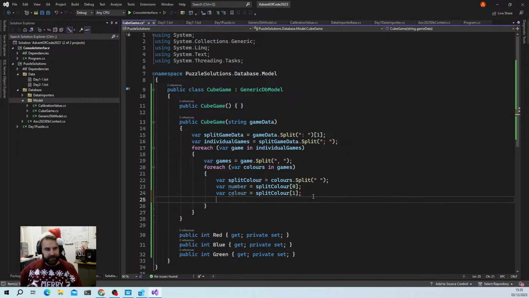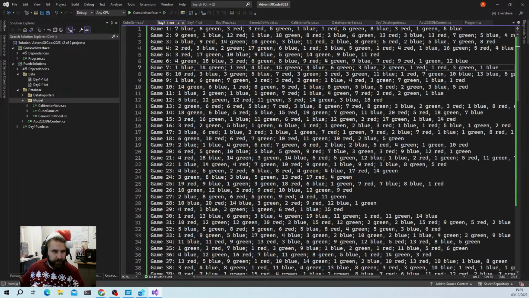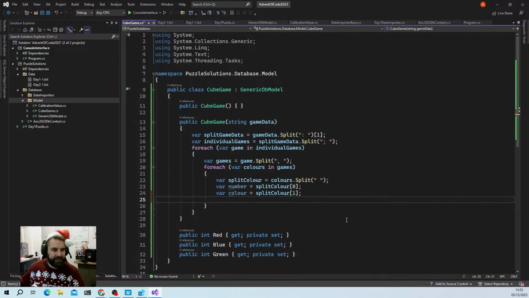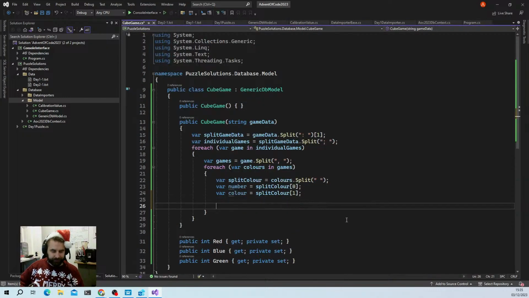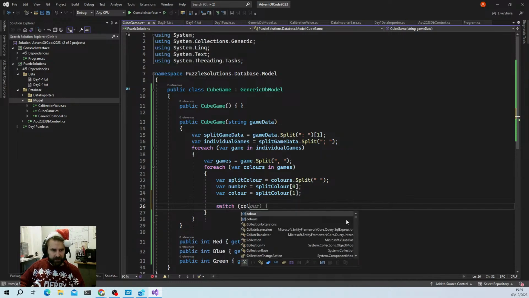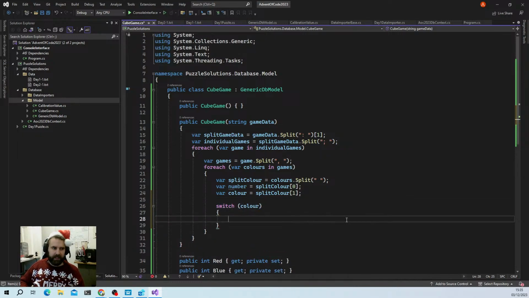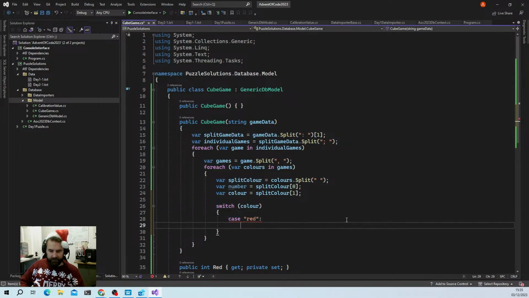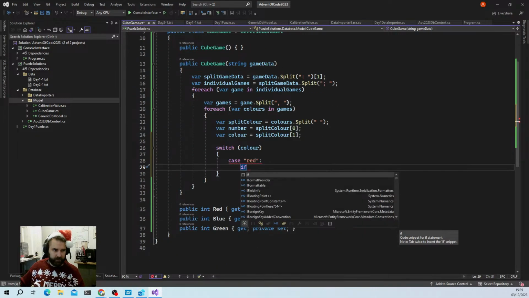So now what we need to do is check what color it is. The colors should be consistently named: red, blue, green. We're just going to do a quick and dirty if statement, or a switch. Let's do a switch. So we're going to switch on color. In the case that it is red, we're going to say if